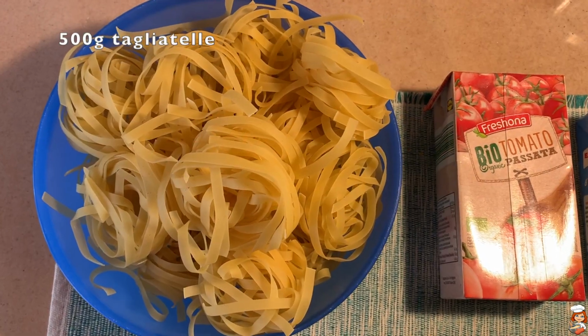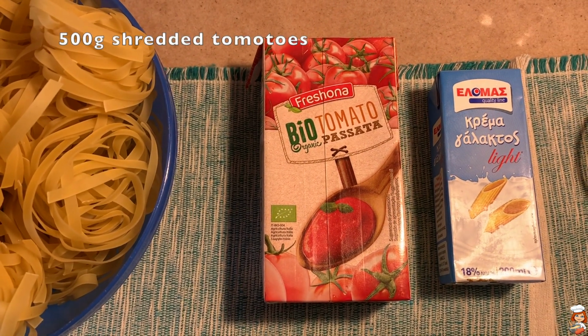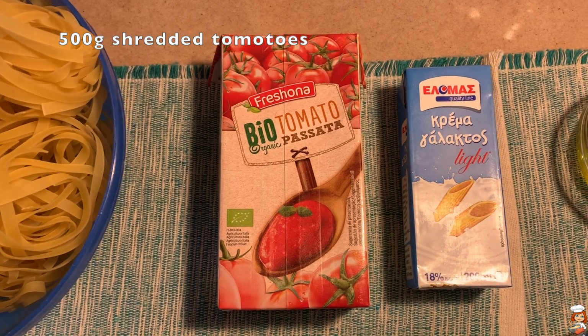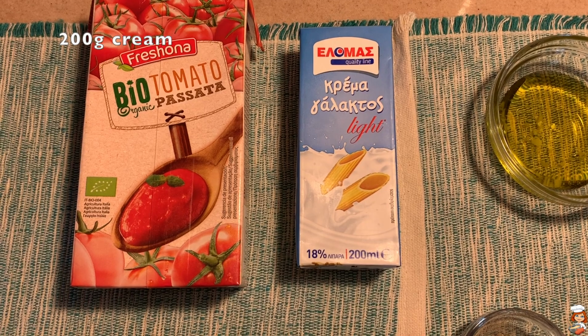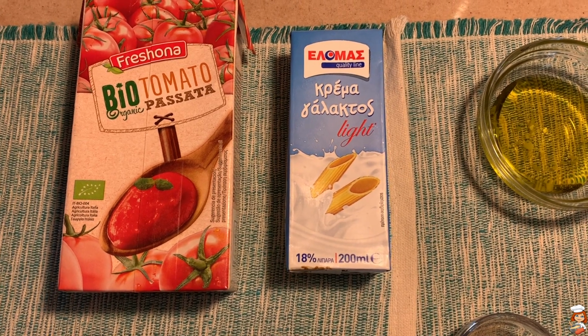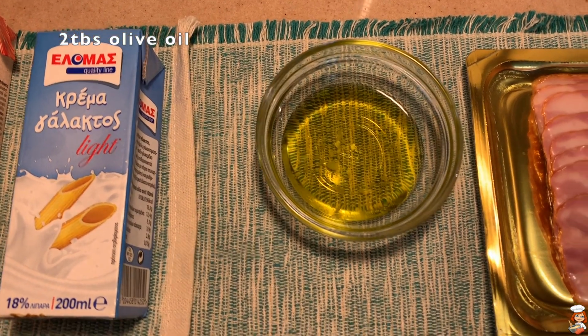I'm going to be using half a kilo of tagliatelle, but you can use any pasta you want to. Half a kilo of shredded tomatoes, 200 ml of cream, and I'm using Glide here of 18% fat, but any kind would do really. 2 tablespoons of olive oil,